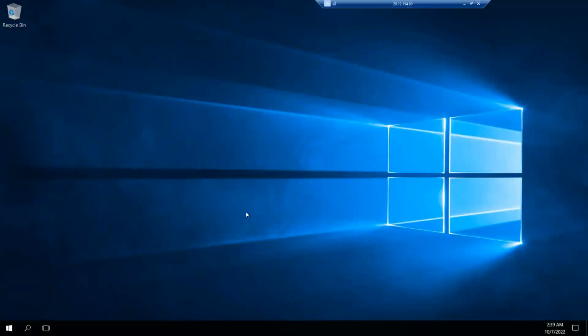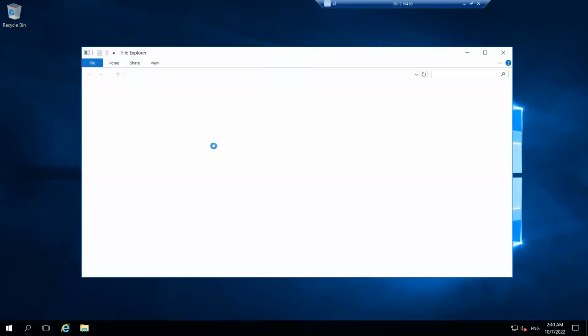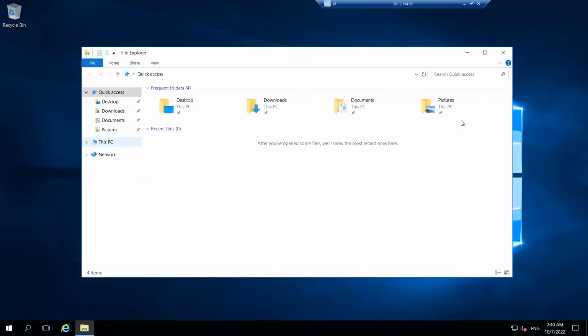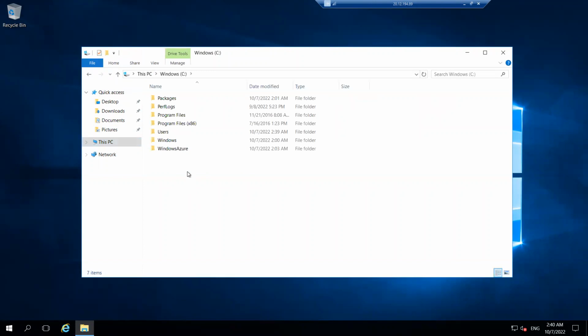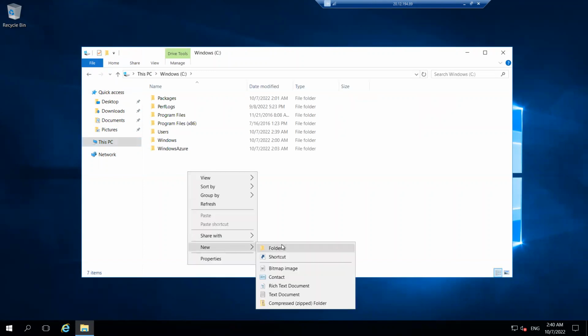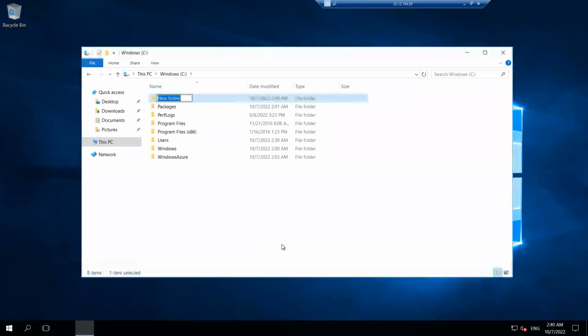Right. So we'll assume this server is an on-premises file server. What we do is create a simple file share here. Name it as project ABC,